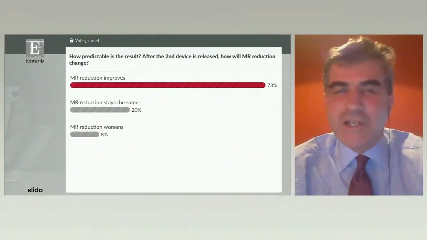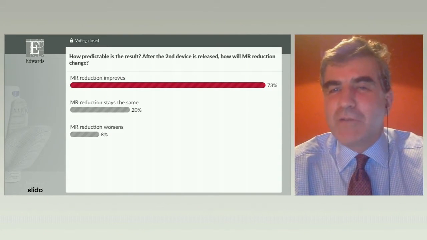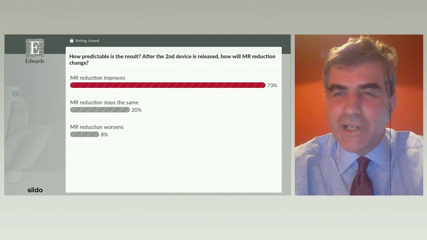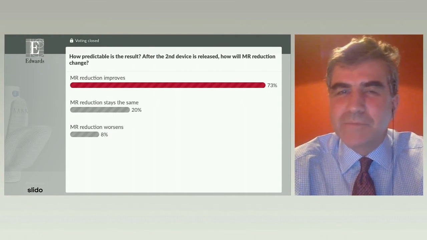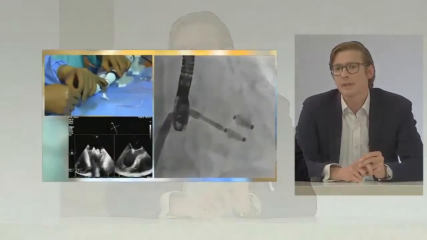Okay, so here's the answer to our question. 75% of our participants feel that the MR reduction will improve. Is that consistent with your own feelings? Yes, that's equal to our experience. It improves or it stays the same. It hardly ever gets worse, which is important, obviously, because once you release it, there's pretty much nothing you can do about it. Okay, so going back to the very last seconds of this case, we release the device